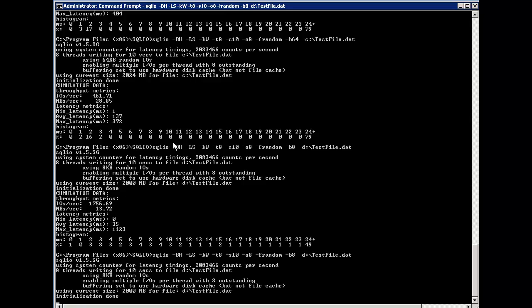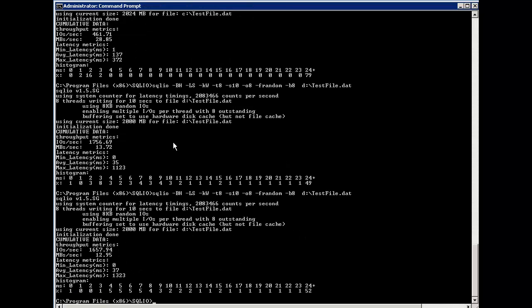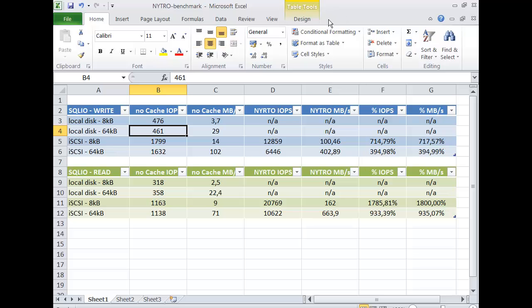When the test file is bigger, then you will need to wait a bit longer for the better results of the Nitro Cache. So here I'm seeing 1657 or 1658. Okay, so 1658,